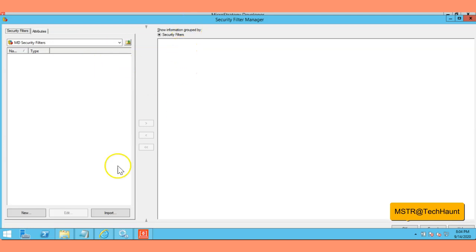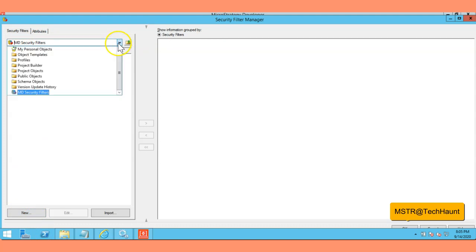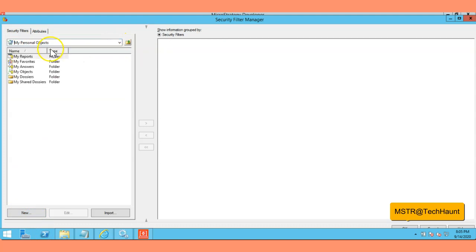You can see all the permissions here, whatever permissions we have given. So that's our security filter manager. Here, I'm going to create a new security filter, because we don't have any security filter right now, as you can see.